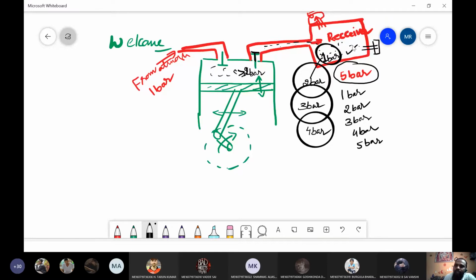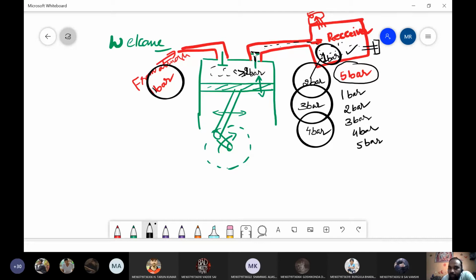At present inside the tank we have 4 bar pressure. Now in order to increase the pressure, at what pressure is it taking the air from the atmosphere? Tell me. Every time, one bar only, right? In the first cycle, it is easy to pressurize. So 1.5 bar is sufficient to push that. In the second cycle, 2 bar pressure is required to open the valve because 1 bar pressure is already there. In the third cycle, 2 bar pressure is already present within the tank.